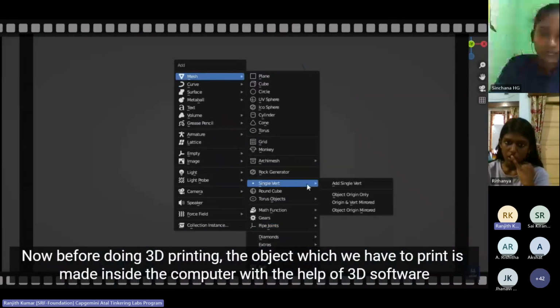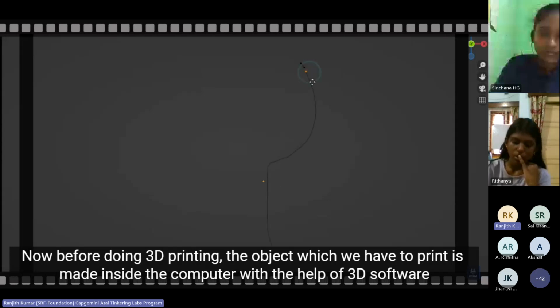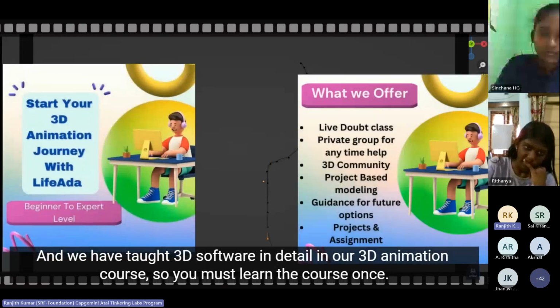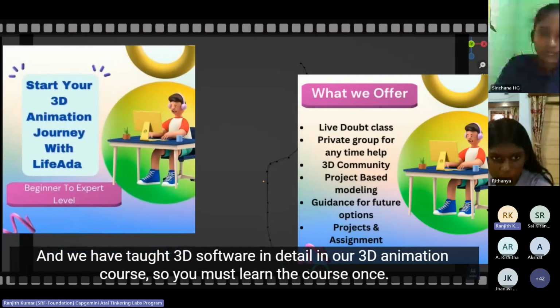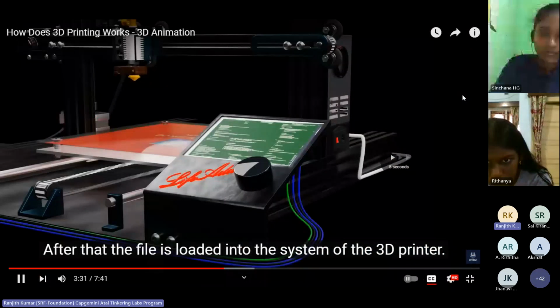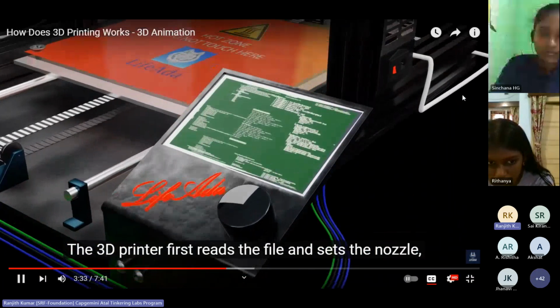अब 3D प्रिंटिंग करने से पहले जिस ऑब्जेक्ट को हमें प्रिंट करना है उसको 3D सॉफ्टवेयर की हेल्प से कंप्यूटर के अंदर बनाया जाता है, और 3D के सॉफ्टवेयर को हमने डिटेल से हमारे 3D एनिमेशन के कोर्स में सिखाया है, तो एक बार आप कोर्स को जरूर से सीखिए। 3D प्रिंटर सबसे पहले फाइल को रीड करता है और नोजल को सेट करता है,